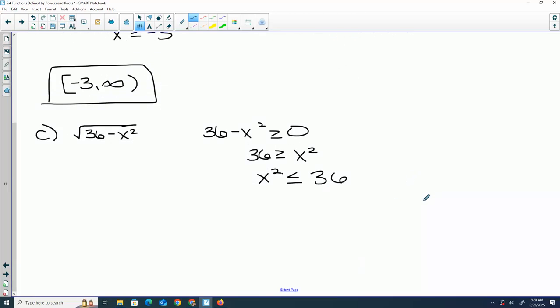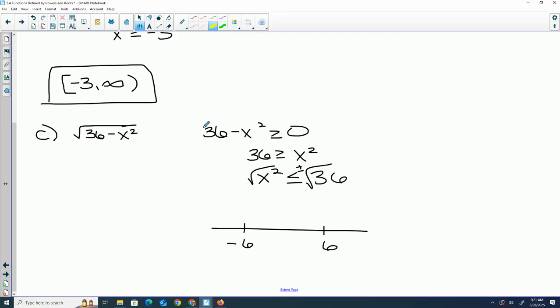That's a little bit tricky, because normally if it were an equal to, you would do a square root and a plus or minus, right? But with inequalities, it works a little bit different. We have a couple options here. We've solved some inequalities, so we could think of it as a sign line and work at it from there. You could also use a graph to help you. If you square root, that would be a plus or minus. What is the square root of 36? 6. So if we treat it like a sign line,